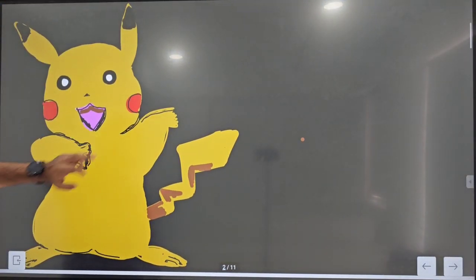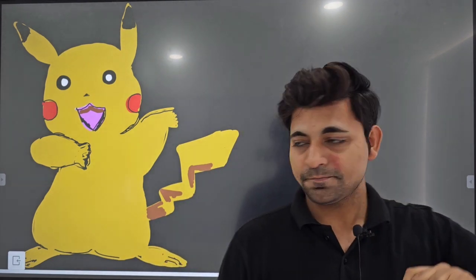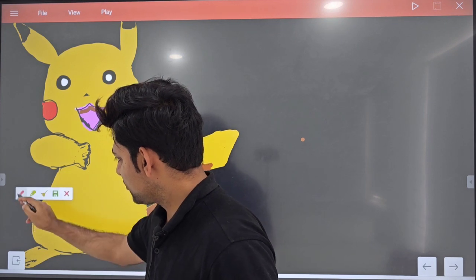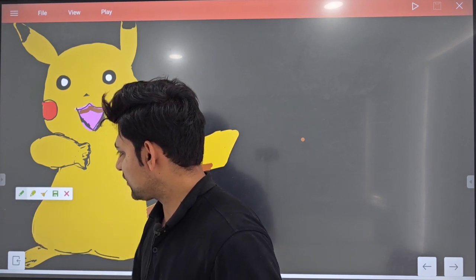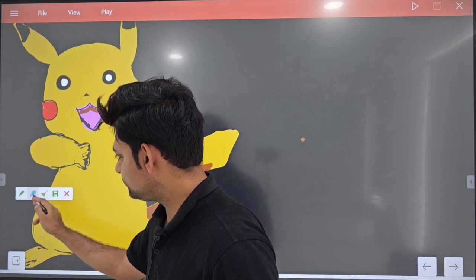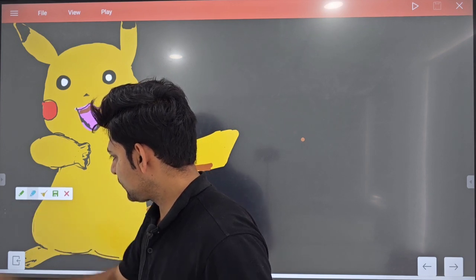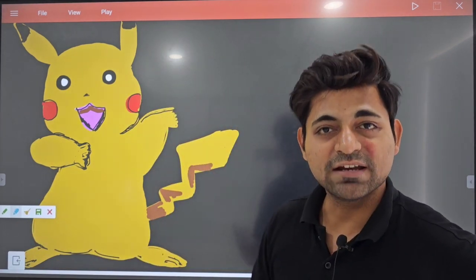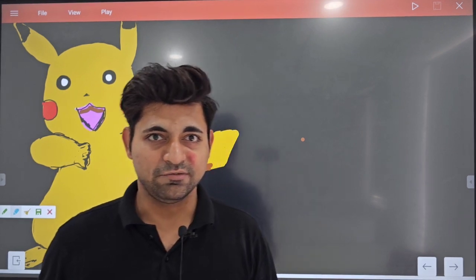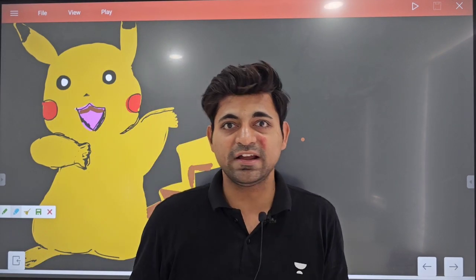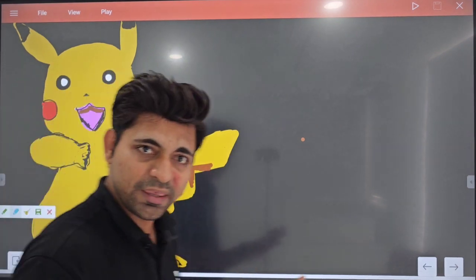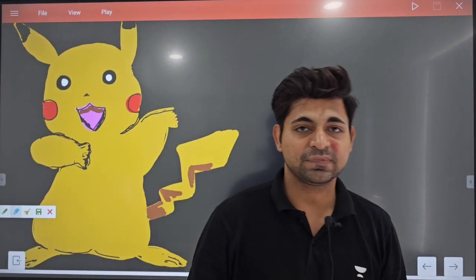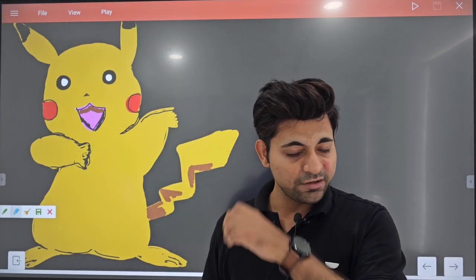Okay, so suppose one fine afternoon you are going back from your school or your college to your home, and you get this amazing animal. We have seen this in Pokemon, in cartoons, but in real life you got a sound, pika pika. Huh? So now you are really amazed. You are a taxonomist, you are a biologist. Now how will you do the taxonomy?